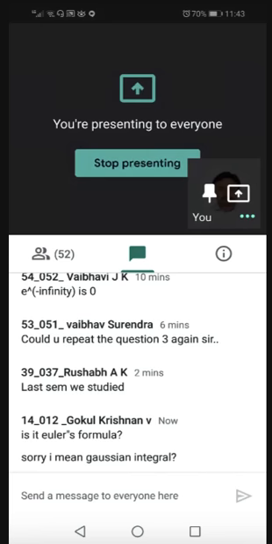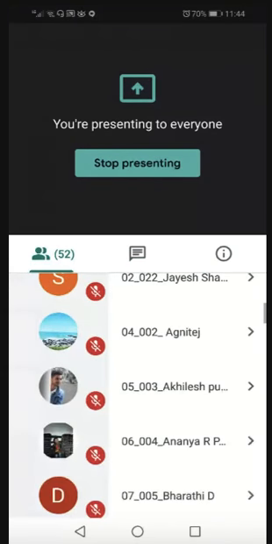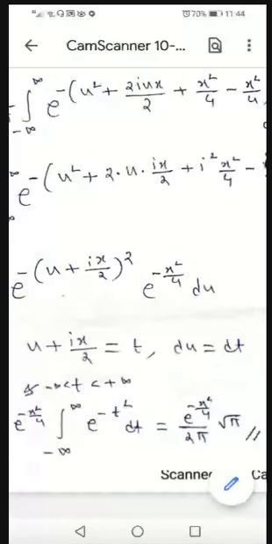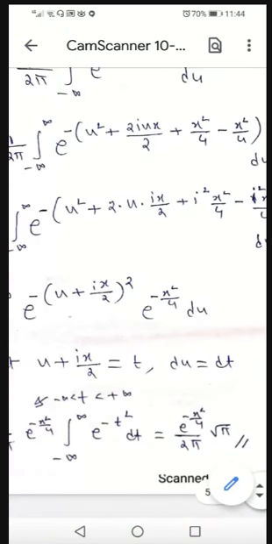Do you know beta gamma functions are in the last chapter of the multiple integrals? There it is coming. You already proved integration from minus infinity to plus infinity e power minus t square dt is equal to root pi. There is a proof. You can go and check in your notes or textbook. So beta gamma functions chapter, that I used here.